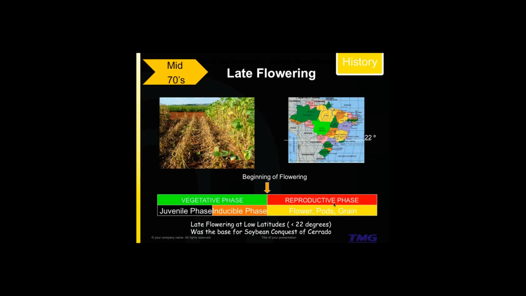So all the work was done with determinate types in Brazil. The other thing that is interesting to mention is that all the work was done here in Londrina under parallel 23. We are located just under the